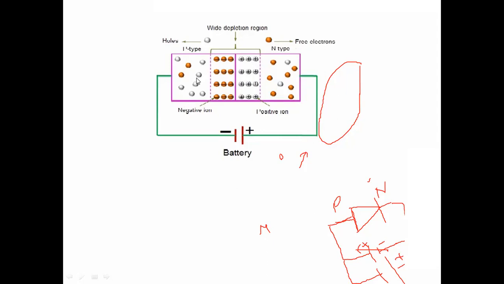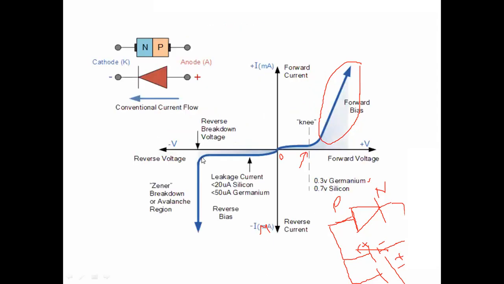Because of this, the current suddenly increases. That current is in the reverse direction. See here, this is the sudden increase of the current at the breakdown value. At breakdown voltage, the current increases suddenly. Whereas in forward bias the current increases linearly, in a reverse bias condition, if the applied voltage reaches the breakdown value, the current suddenly rises. After that, if you further increase the voltage, it does not respond.